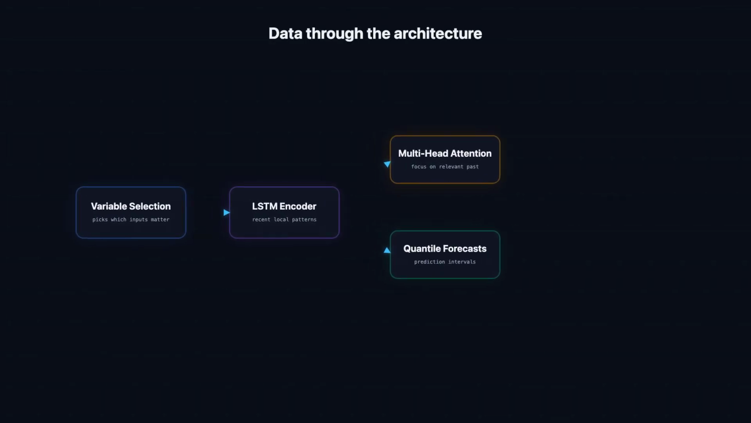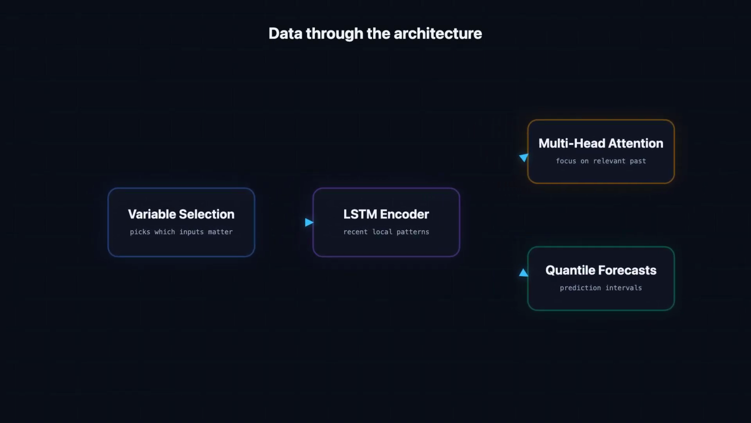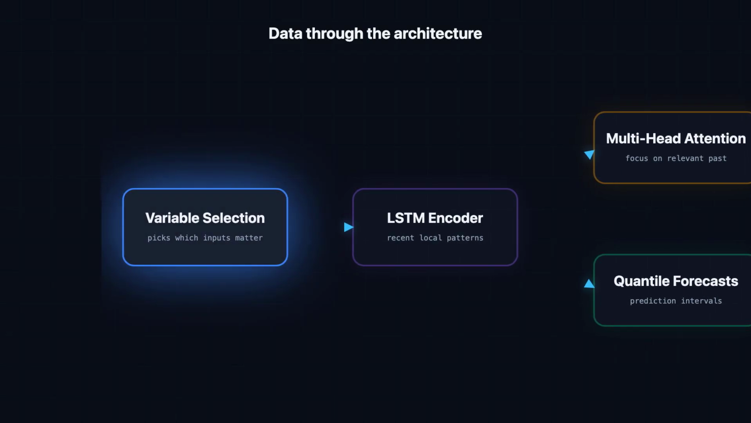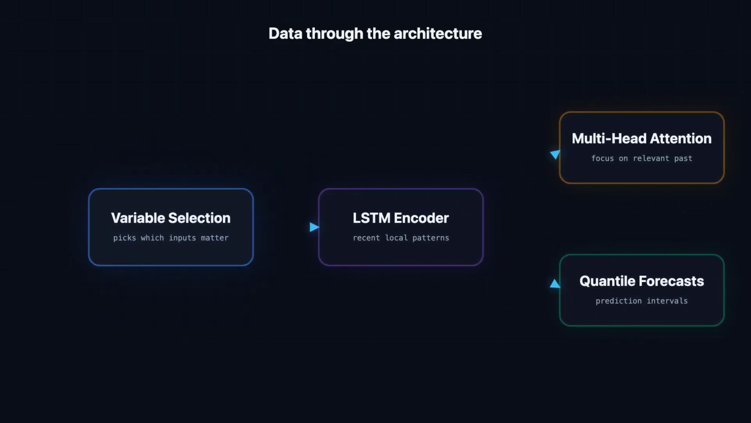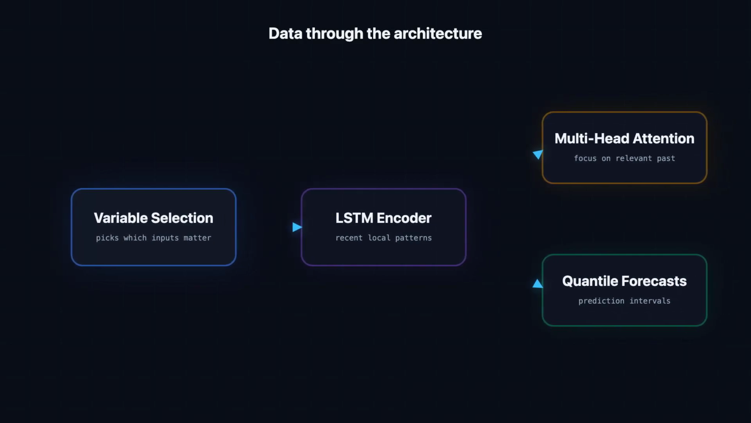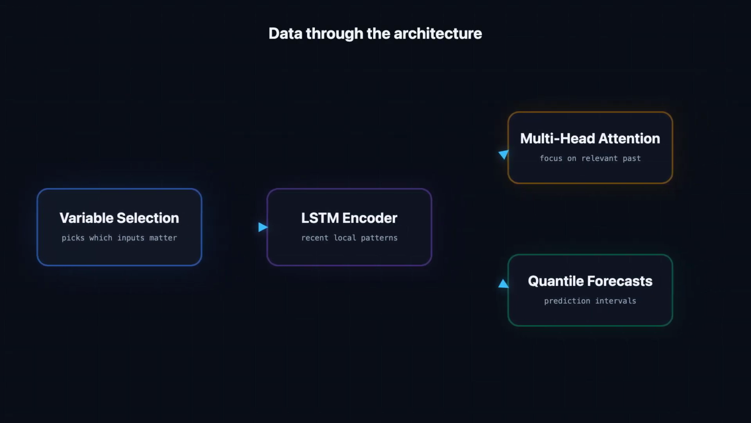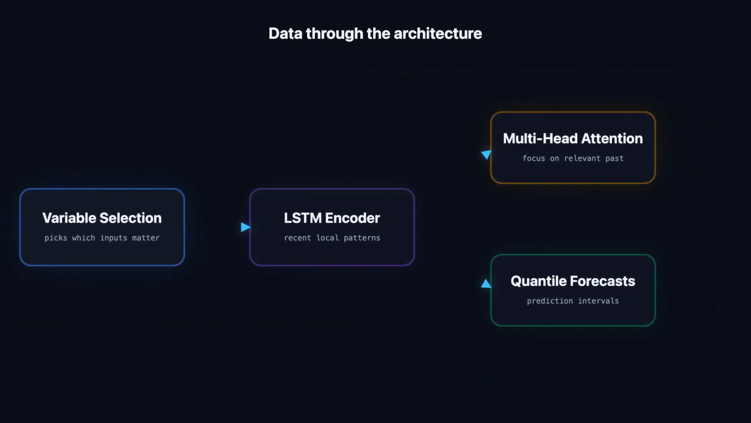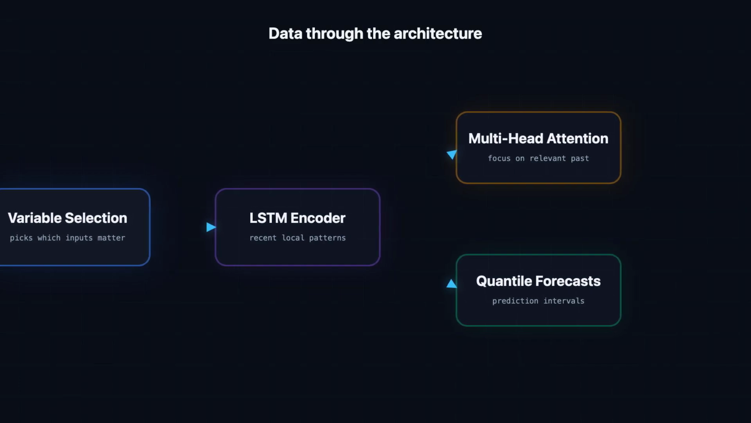Let's follow the data through the architecture because each stage tackles a different part of that messiness we just described. It begins with variable selection networks. At each step, the model learns which of your many inputs actually matter and quietly turns down the ones that don't. As a bonus, that same mechanism can tell you which features are driving the forecast, which is where the